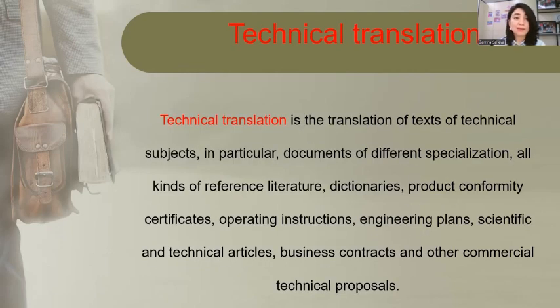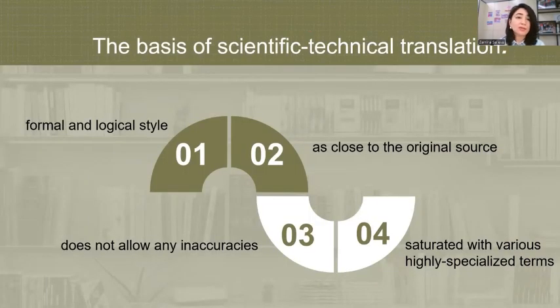So the distinguishing feature of technical translation is that it consists of texts on technical subjects, in particular documents of different specializations, all kinds of reference literature, dictionaries, product conformity certificates, operating instructions, engineering plans, scientific and technical articles, and many other documentations. So the basis of scientific technical translation could be seen in these four main